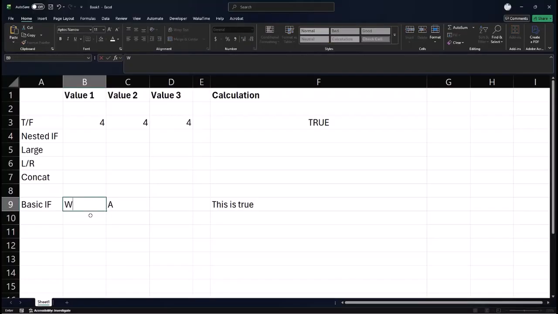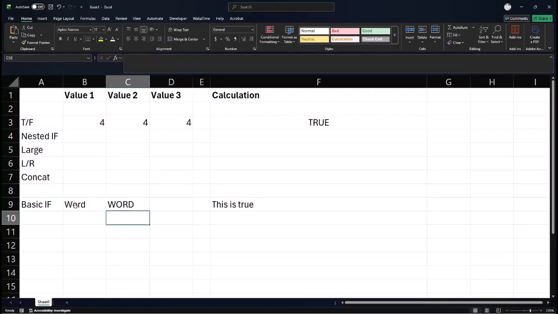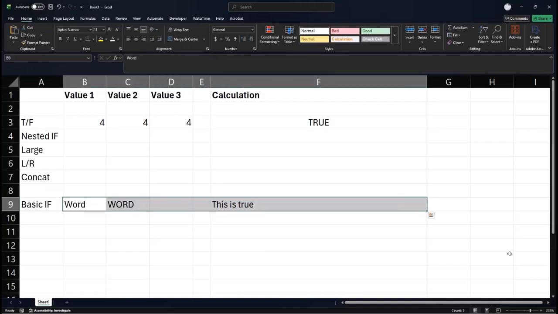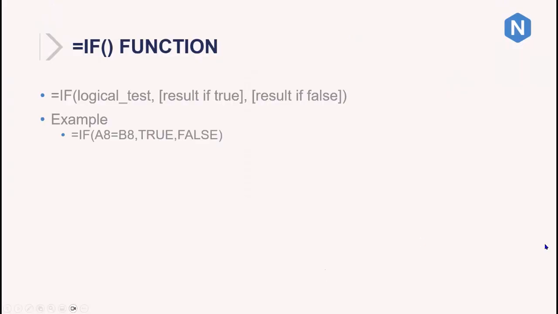So I could put word, and I could put word, and that is still the same thing because in the if statement, the calculation of one equaling the other is just the letters, not the capital status of the letters. So important note there. So that is a basic if statement, and you can use that for a lot of